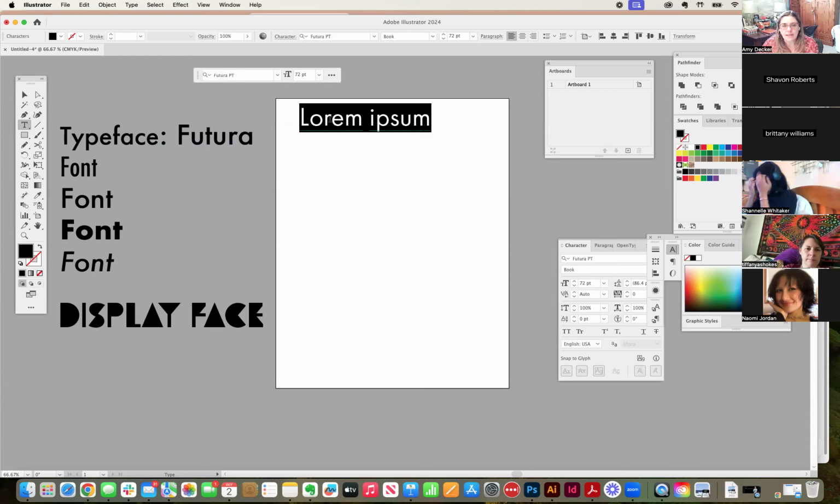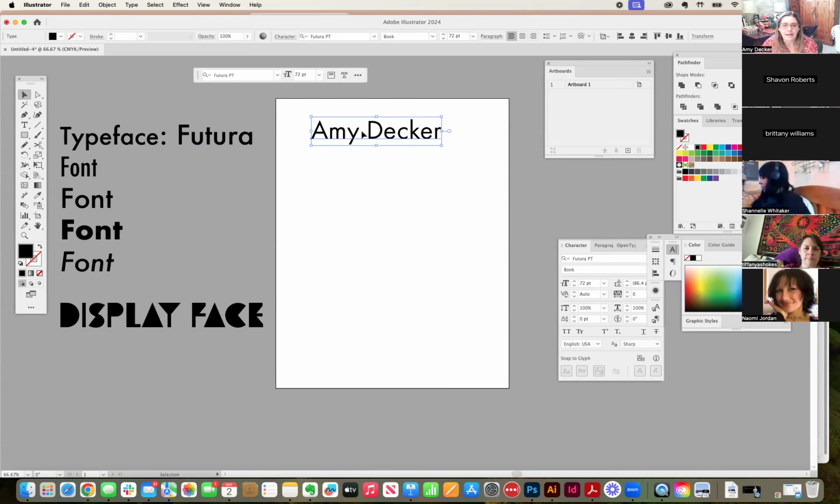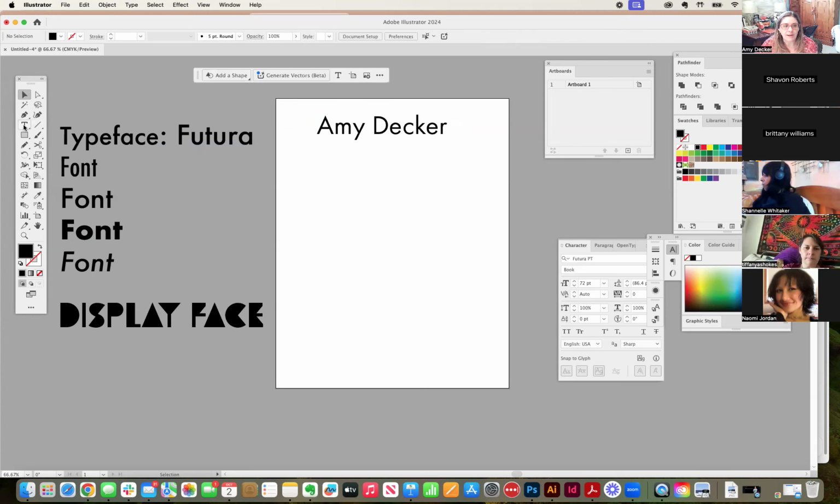Book. Okay, so it's going to type in lorem ipsum. So I'm going to put my name because I know I'm going to put my name on my poster. So we have our name. So that's fine. I'm going to go back to the type tool, and I'm going to use the type tool